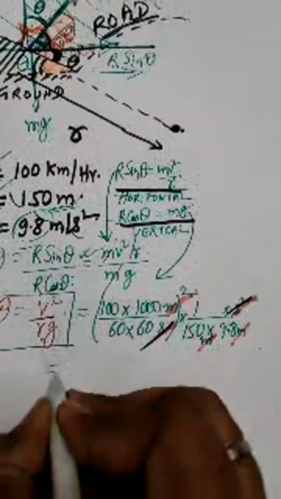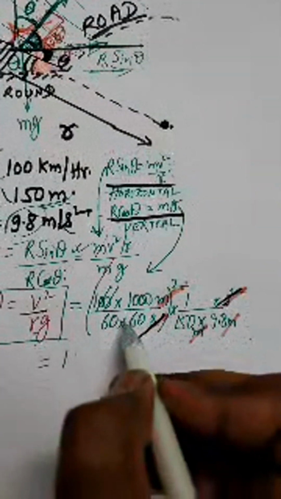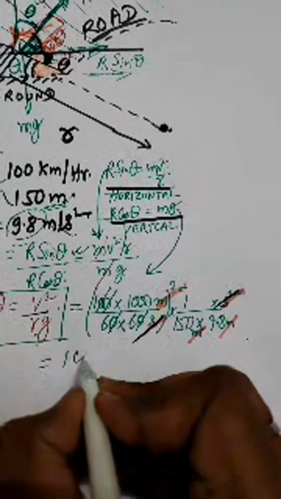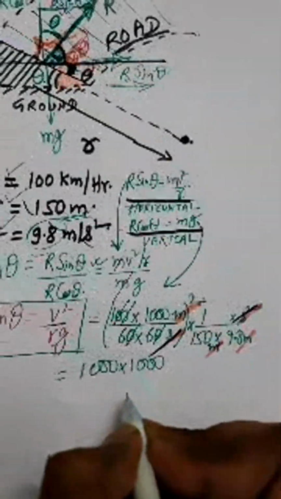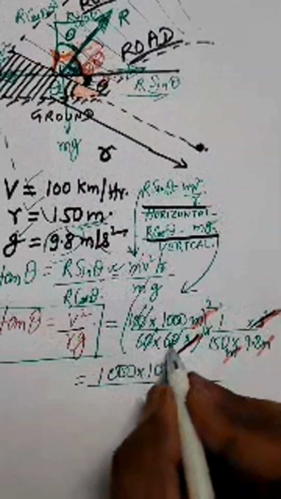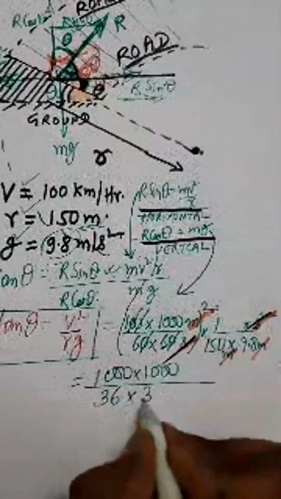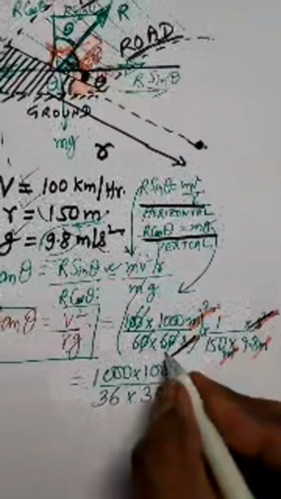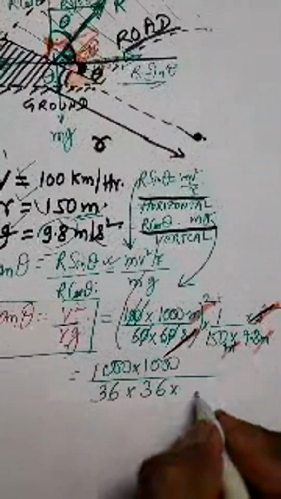We are left with this, the zeros will be cancelled by the zeros of the denominator. Then we are left with 1000 into 1000 in the numerator, and in the denominator 36 into 36, because the square is applicable to the denominator also. Now in the denominator we are left with 150